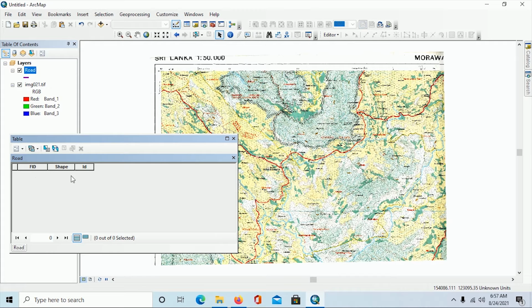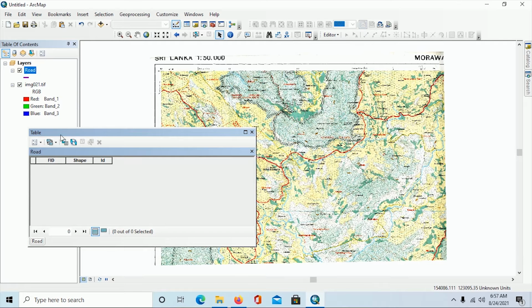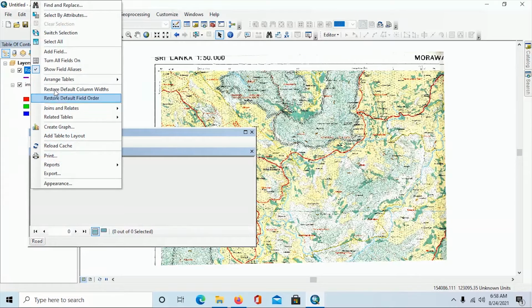These come ready-made in our table. We can use the ID field as our road type field, but I need to add a text value for the road name. So then I will go to the table options using this arrow and select